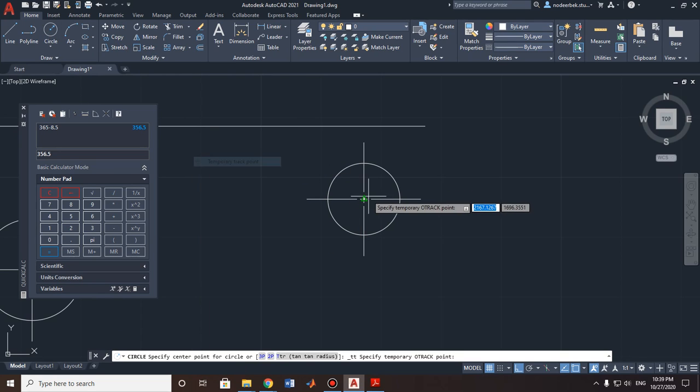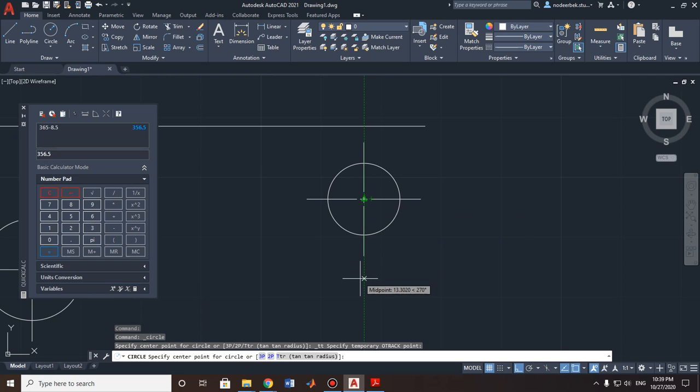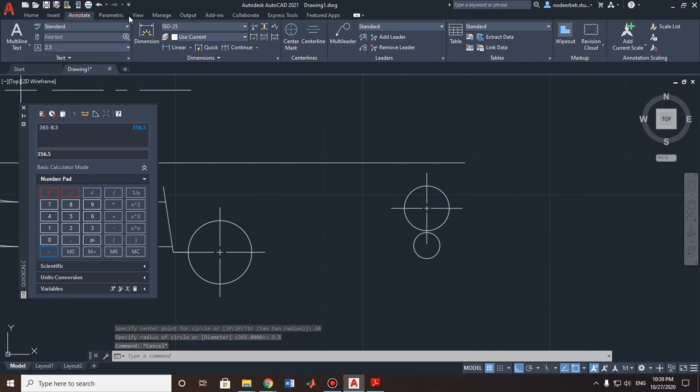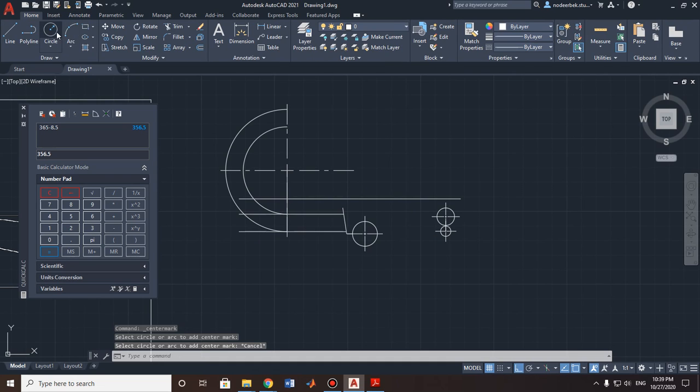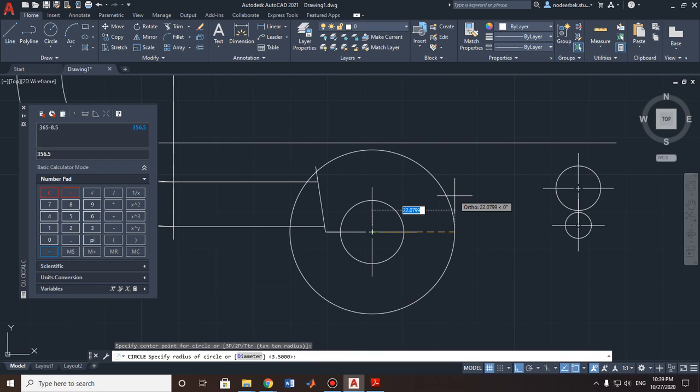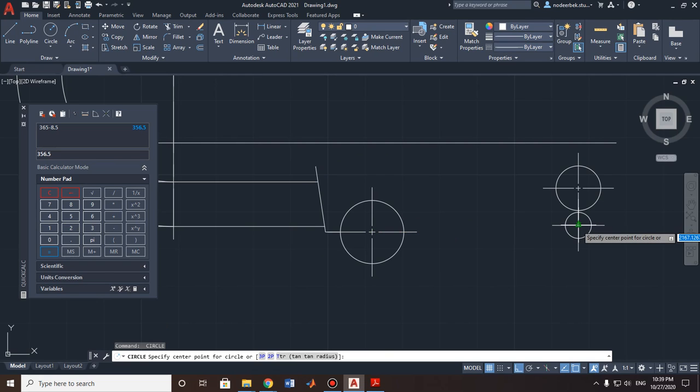continue. So we will build another circle down from this circle. Distance 10 millimeters, enter. Radius is 3.5 millimeters, done. I think we did it correctly in this case. Let's use our trick again. I will reduce the radius of this circle from the big circle, so it will be 356.5 millimeters, and I will